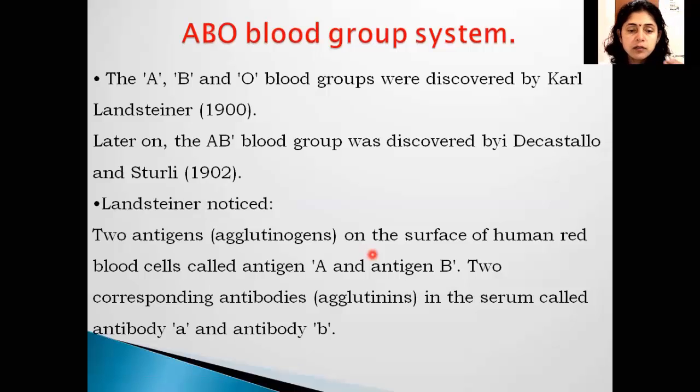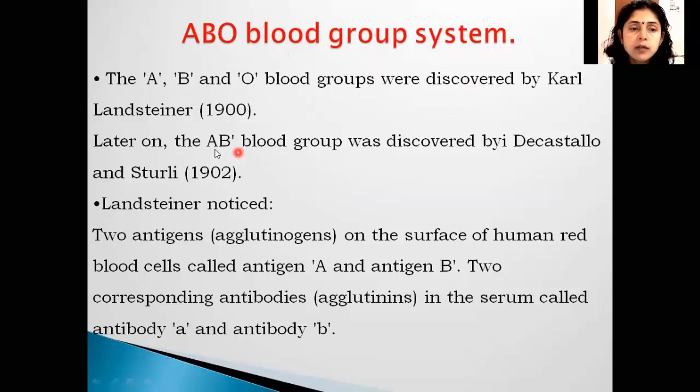Now we will have a simple look at the ABO blood group system along with this. You have already studied the ABO blood group system, so we will just have a look at it in very short form. Everyone knows the ABO blood group system very well. It is also related to immunity. That's why we are going to see this ABO blood group system in this chapter and topic.